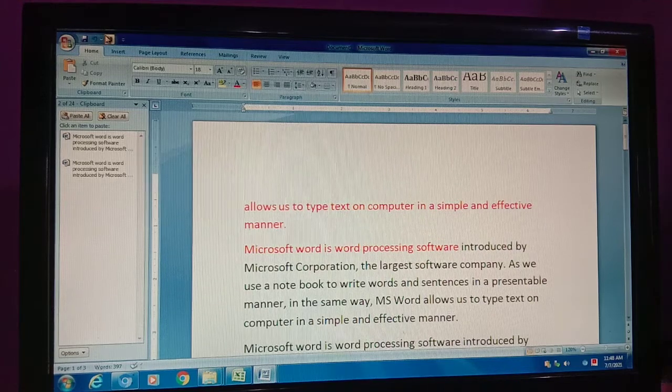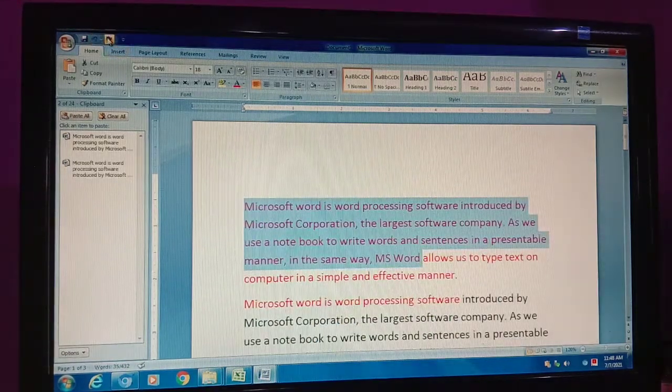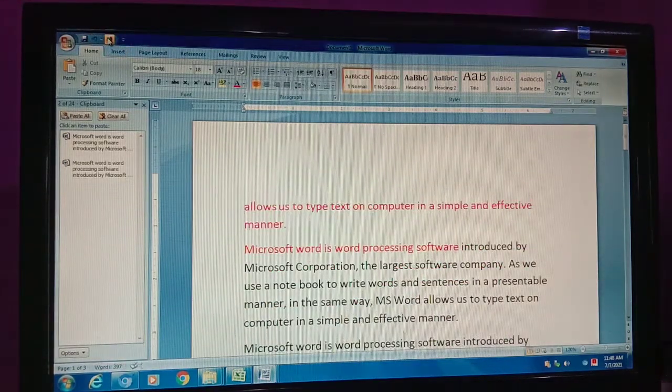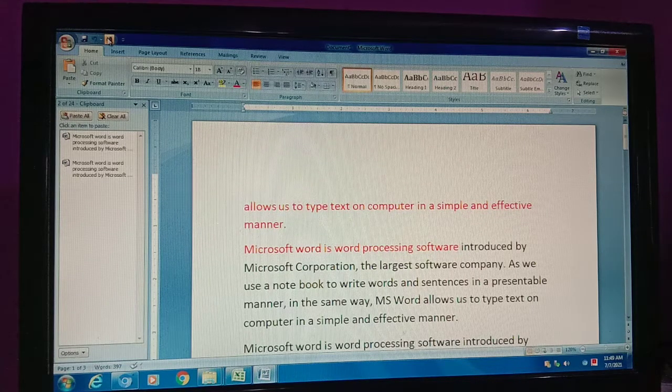Okay, if I do undo, it will come back. If I do redo, it will go back. So undo is the reverse action of redo. Redo is the reverse action of undo. Both are reverse of each other. So undo and redo options are available in case we mistakenly delete something, so we can reverse that action again. If we mistakenly did something, it can be reversed again.